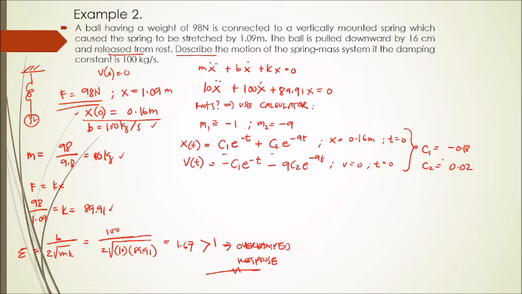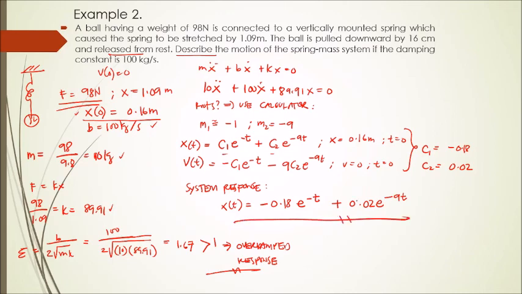So the system response then becomes x of t equal to negative 0.18 e to the negative t plus 0.02 e to the negative 9t. Yan. That's it. Mura man niyang gipangayo. So this is the motion or the position